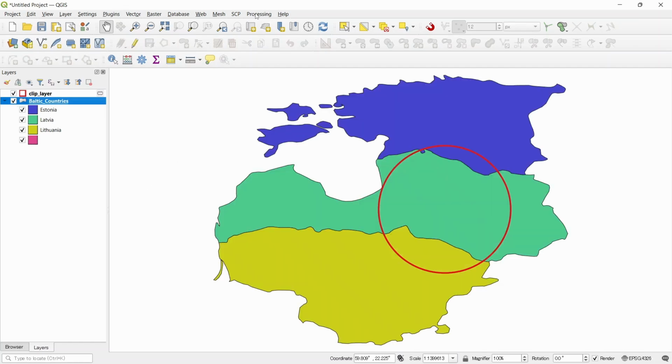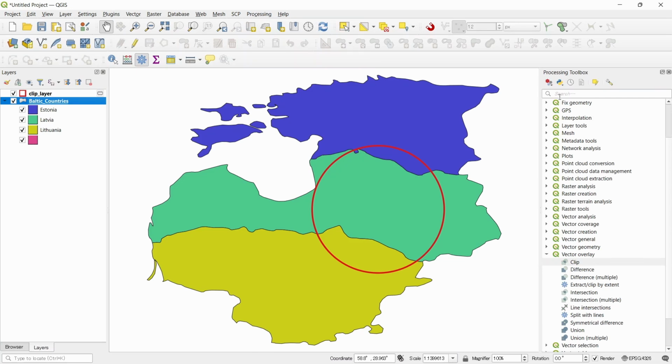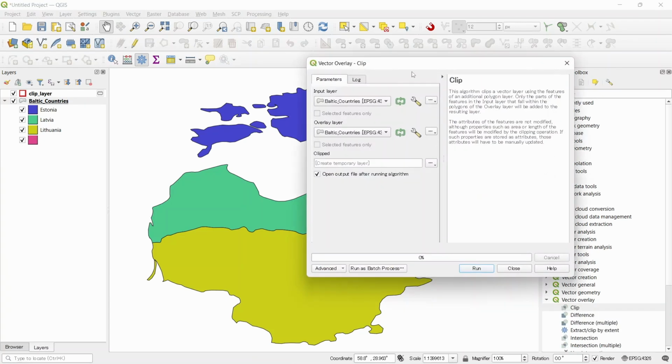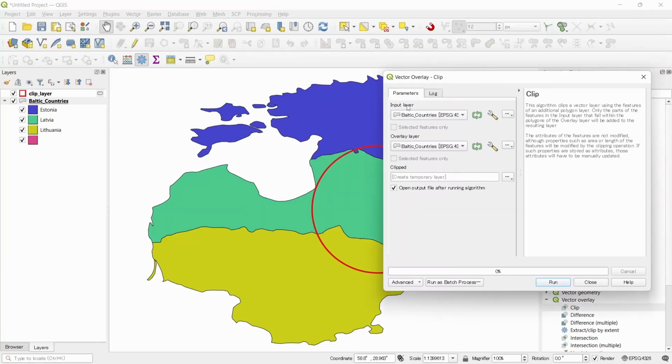To do that, go to processing toolbox, and under the toolbox you can go to vector overlay and then clip. Double click on this. Now we have two options, one for input and one for overlay. The input layer should be the layer we want to clip, and overlay layer should be the polygon that we want to use to clip the other layer. So clip layer,